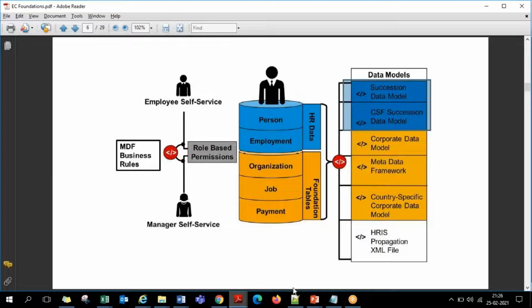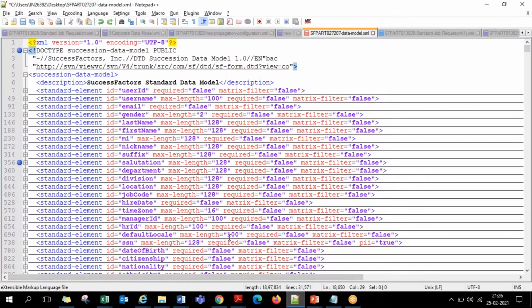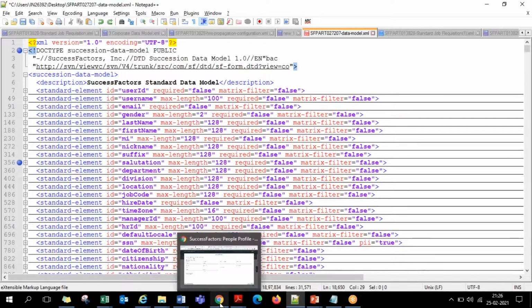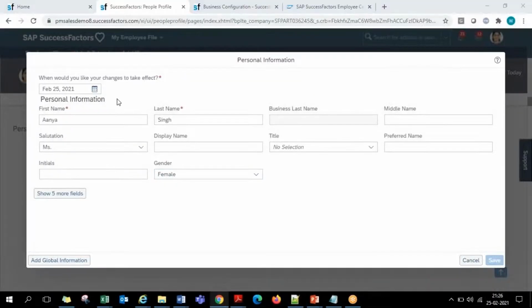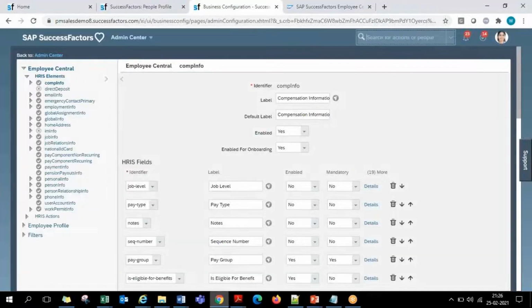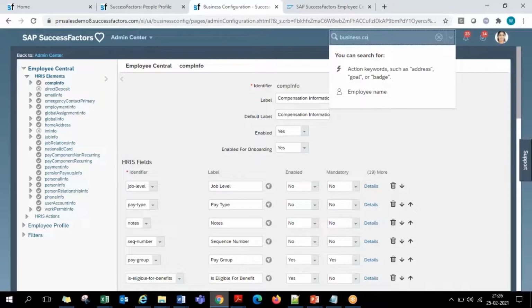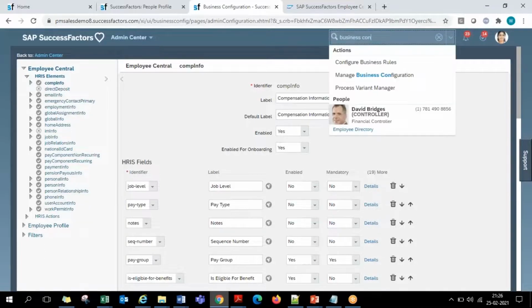And whatever attributes we are seeing here in this XML, these standard elements, background elements, HRIS elements, their attributes, everything, as I showed you at the end of yesterday's session, it's all here in the front end in the name of business configuration. So those people who are comfortable handling the XML can still do it, guys. My friends and colleagues who joined SuccessFactors in the initial days around 2013-14, we are still using XML in some places because we are already used to it. It's easy for us, so we even use that.